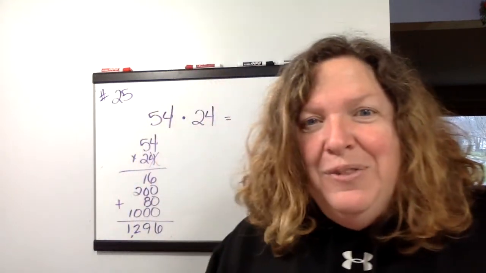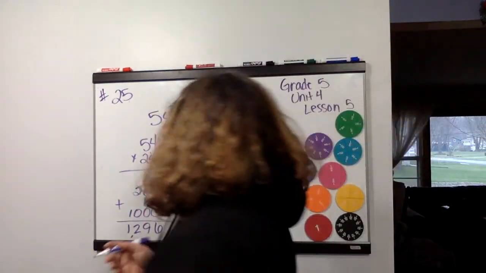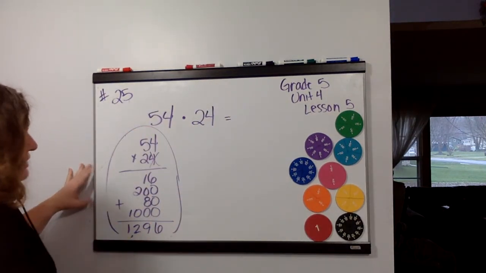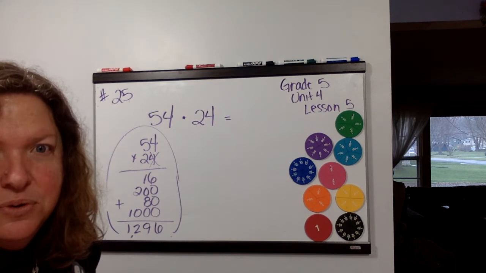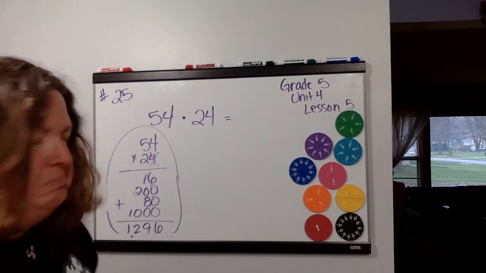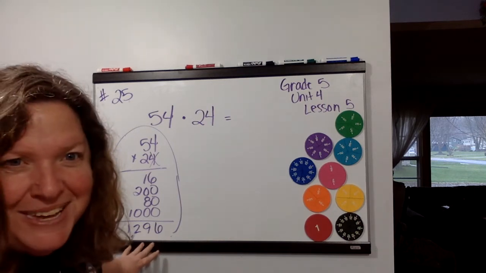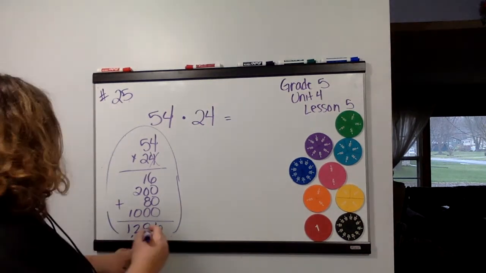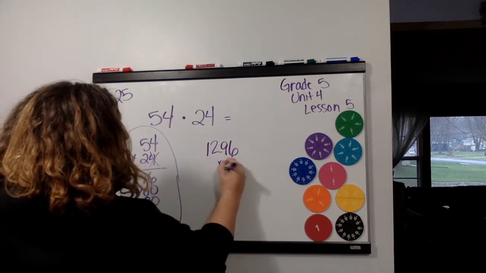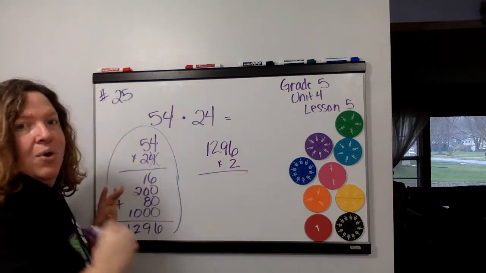Are we done? No, remember, they needed two books. This is one of those books. Now, do I need to multiply 54 times 24 again a second time? Nah, I already have the answer. I could just do two of those. Either